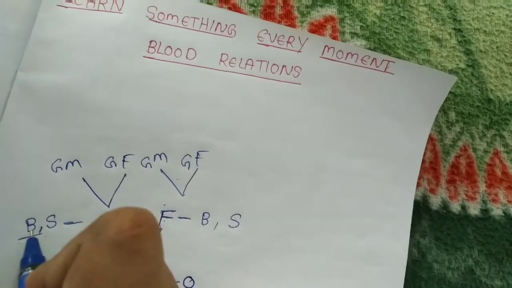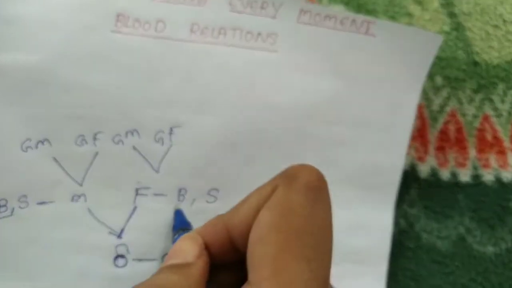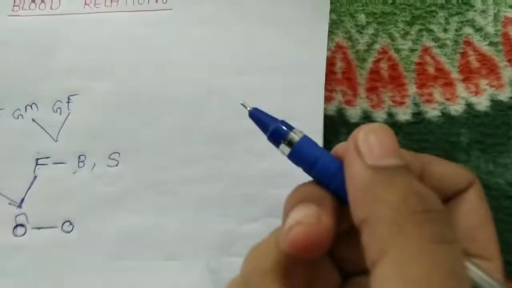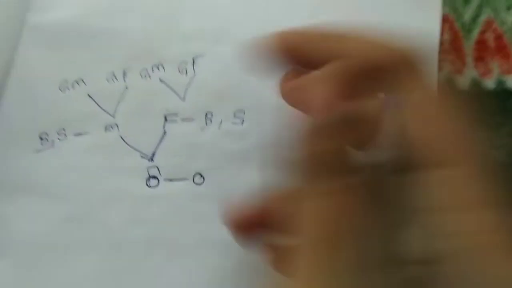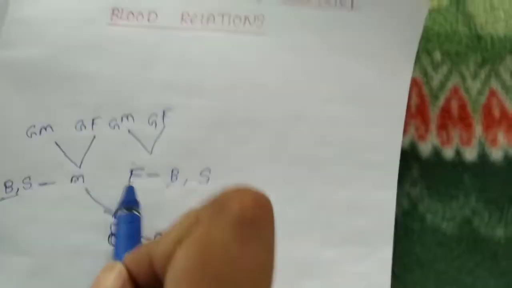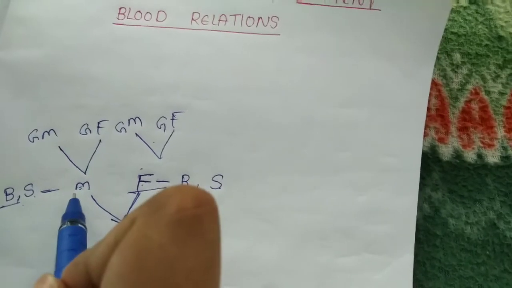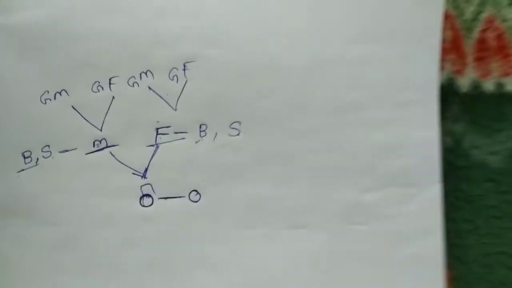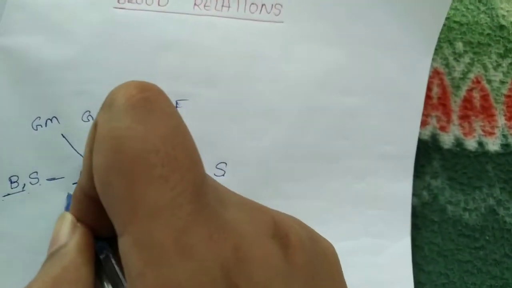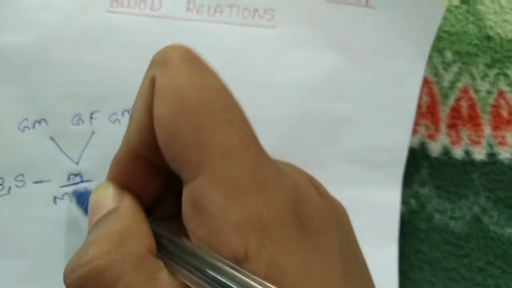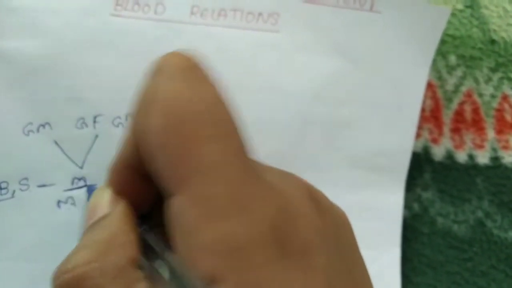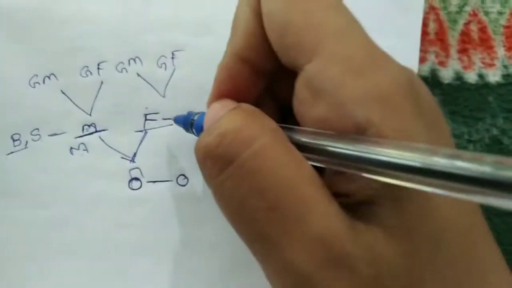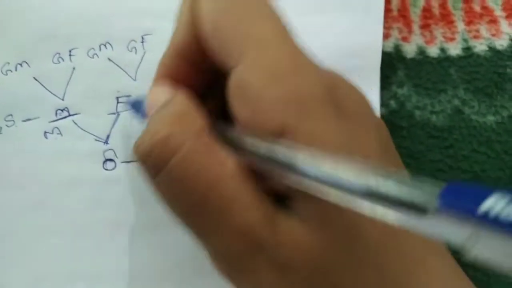Aunt and uncle, uncle and aunt, those are also uncle and aunt, but we use the terms paternal and maternal. The paternal word is used for father and the maternal word is used for mother. See, how can we remember it in an easy way? Mother's first letter is M, maternal's first letter is M. Got it? So maternal is used for mother. What is the left word? Paternal. Paternal is used for the father's side.